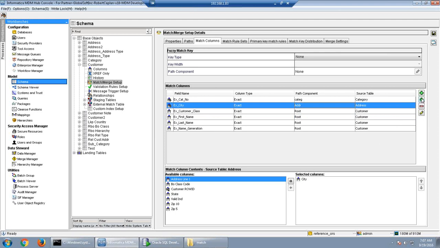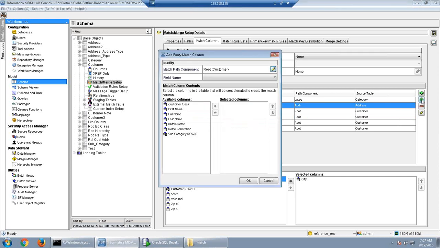Similarly, if you want to add some fuzzy columns, it is a little bit different here. The second option is basically to add a fuzzy column. Here it doesn't give you an option to enter the field name. It has some default field names available, starting with person name, address part 1, address part 2, postal area, telephone number. So all these default things are available here.